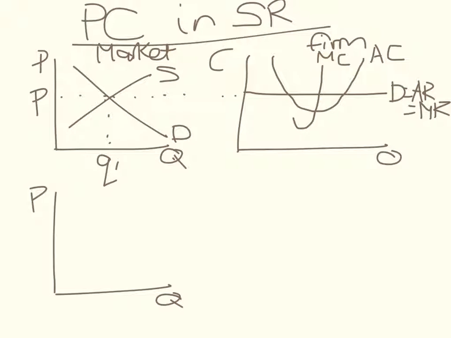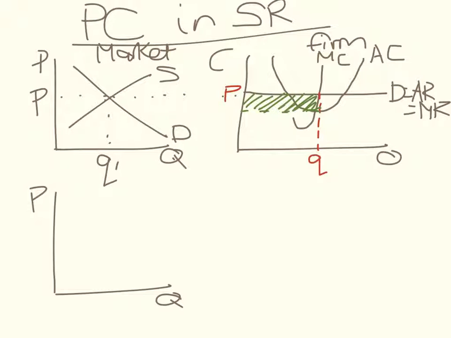Now, a perfectly competitive firm is still a profit maximizer. So profit maximizing output is where marginal cost equals marginal revenue. So they will produce there where the price is. Obviously, a price taker, they've got to take that price. And this is the output that they will produce. This is where they're maximising their profit. And if we go across there, those are their costs. And there we go. They're making supernormal profit. So this can happen in the short run.